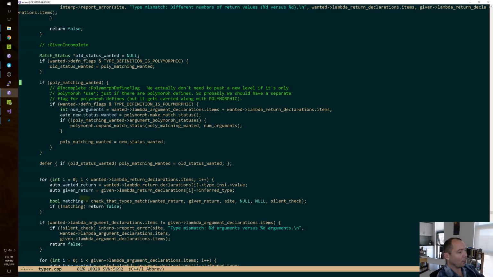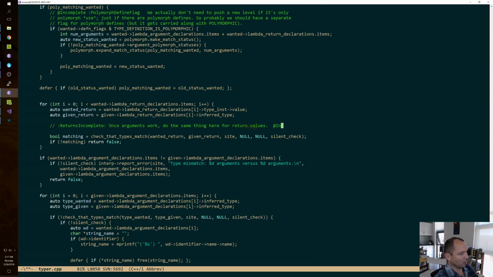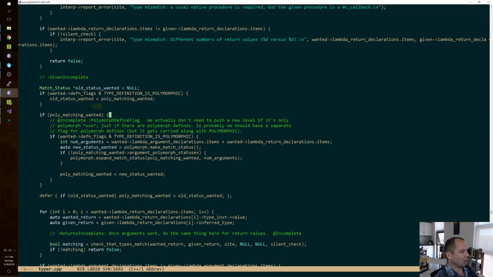do the thing. Now, we don't have to do this for return values yet because our test case doesn't have return values. So I'm going to say returns incomplete. And we're just going to do it for arguments. Same thing here for return values. So I've written on my piece of paper to come pay attention to that. Okay. Now this,